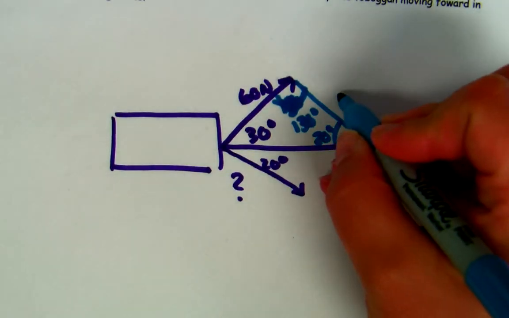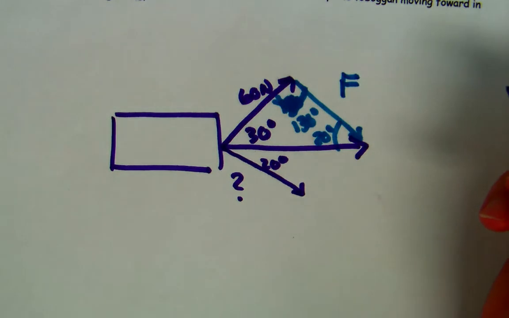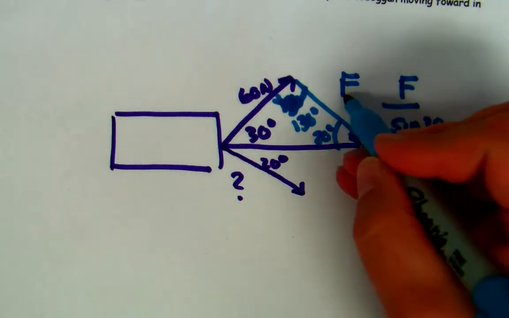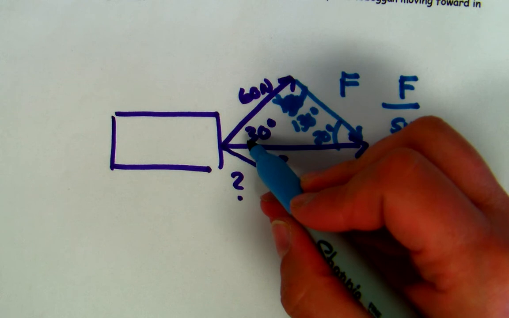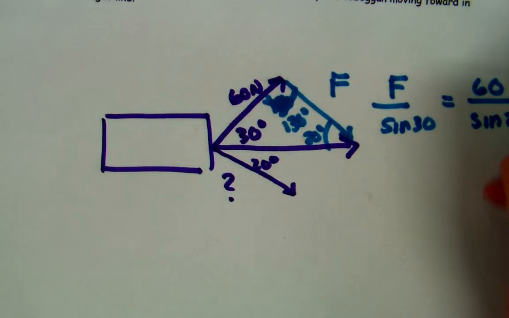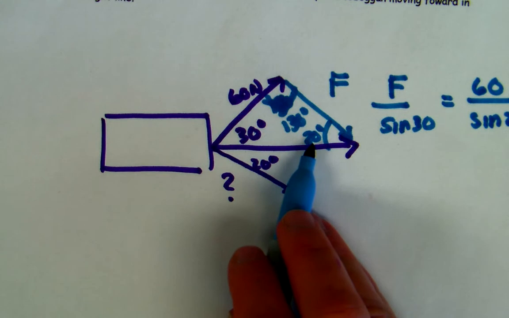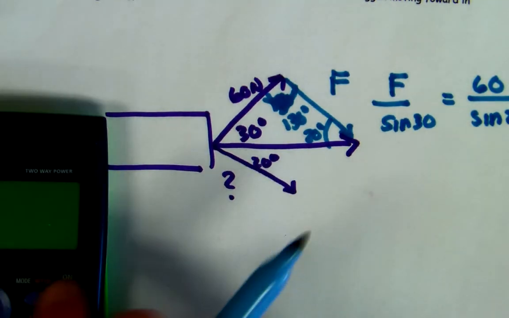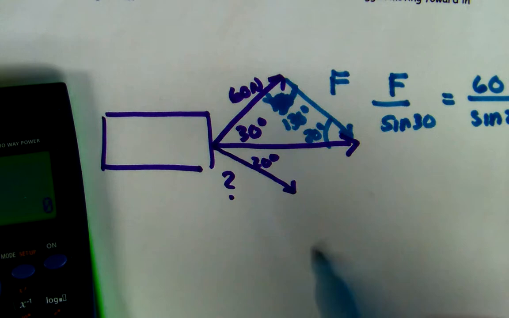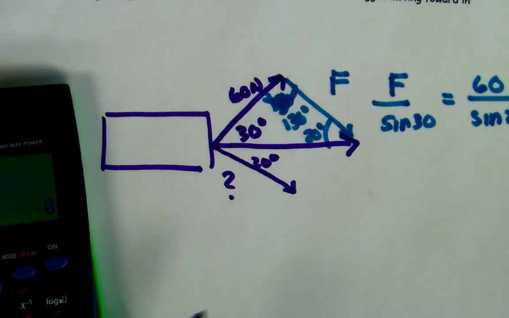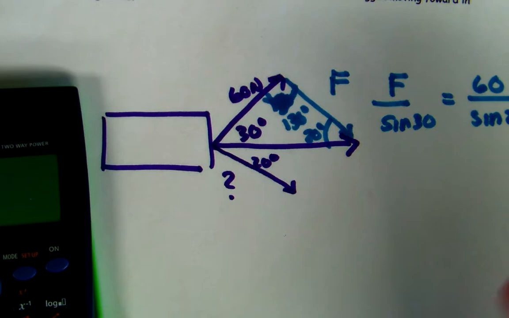So this is what I'm looking for. I could call it F for force. So F over sine of 30, because force is opposite the 30 degrees, is equal to 60 over sine of 20, because 60 is across from my 20 degree angle. And then I'm going to cross multiply. So 60 times sine 30 divided by sine 20 equals